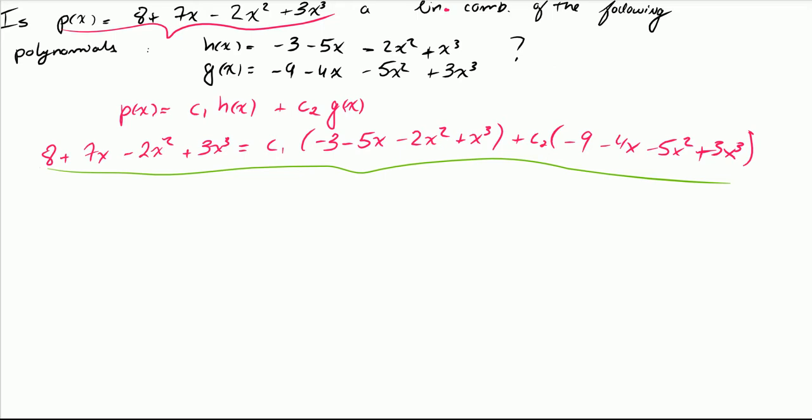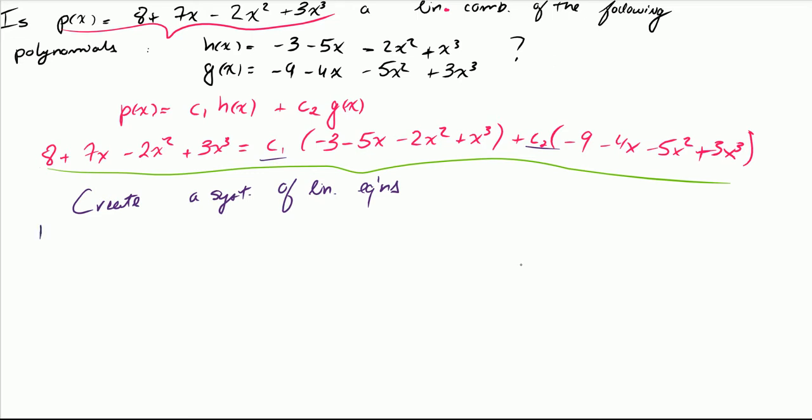But basically, now you need to create a system of linear equations, right? That's the whole point of writing it like this: I want to solve for C1 and C2, so I want to create a system of linear equations. The way I like to do it is I like to separate each equation by the degree of their exponent, or by their algebraic representation. What I mean by that might sound confusing because it probably isn't clear,